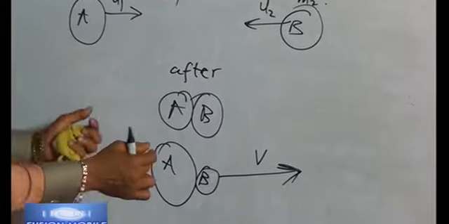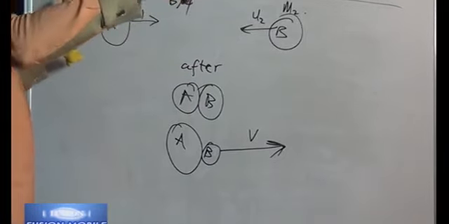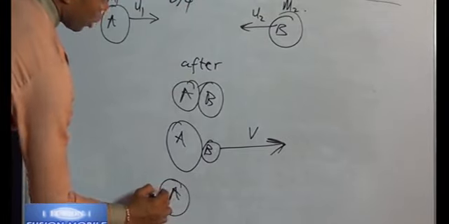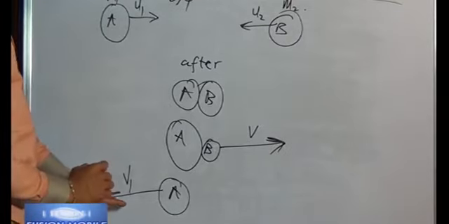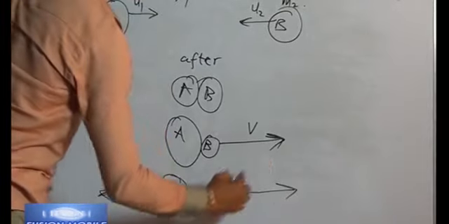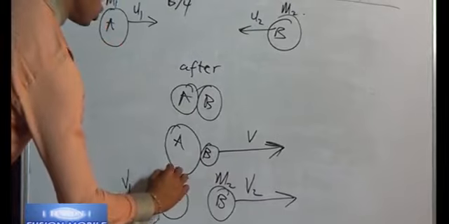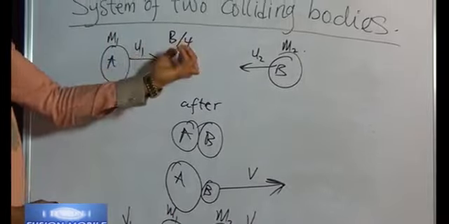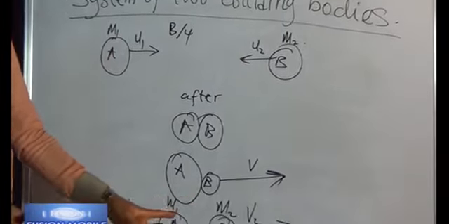We may also have a possibility where A and B will collide and move back to the position where they are coming from, such that here we'll have A going back this way with a velocity v1, which is the final velocity, and B going back this way with a velocity v2. Their masses are still there. The mass will not change because of collision. And the momentum before collision, that is here, must be equal to the momentum after collision.